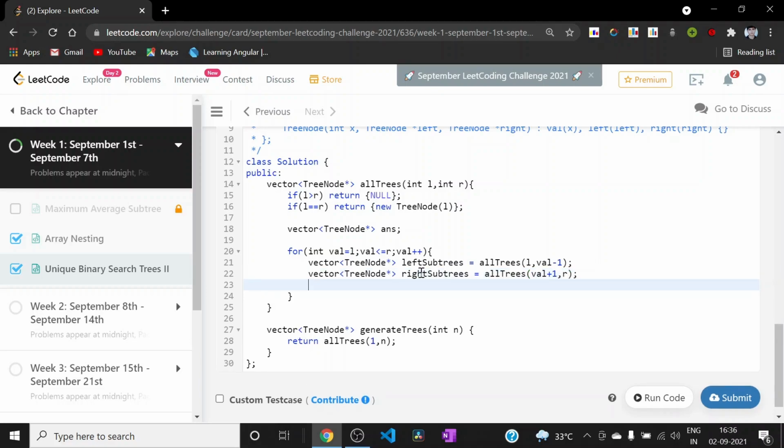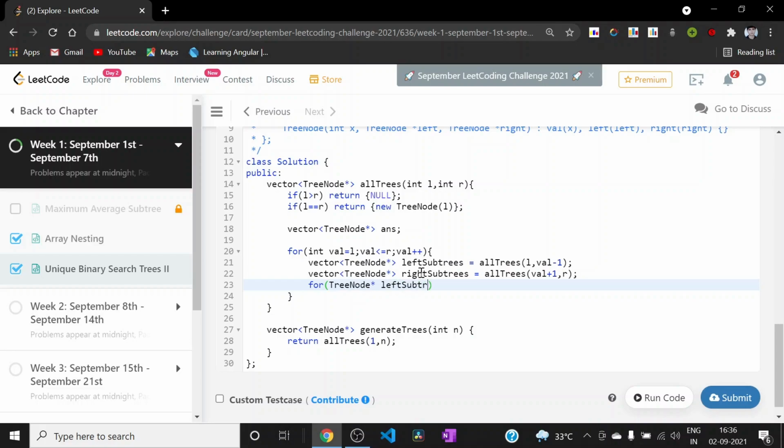Now we need to consider all the possible trees with every possible left subtree and right subtree. For that I'll be using an enhanced for loop, and this will be a TreeNode star, and I will call it left subtree.